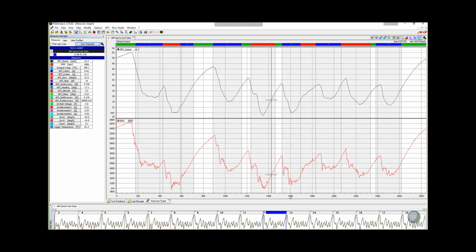It's where any other function that you happen to open will show up. It is the main part of the main window. In this case, we've got the measures graph, also known as the squiggly lines, right? I can have just the GPS speed or the RPM,